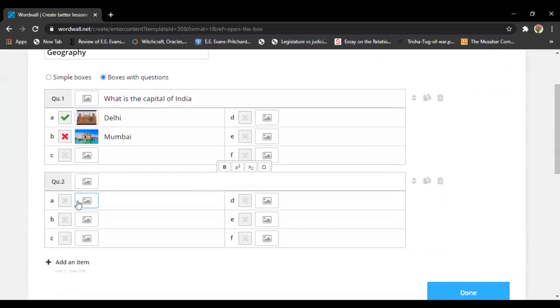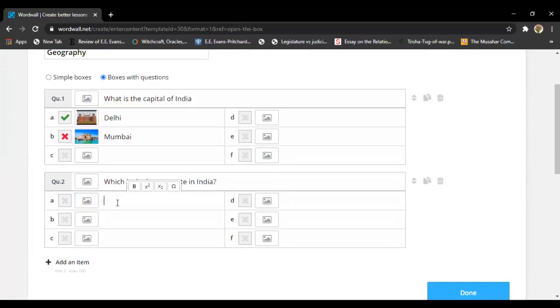Another question that I want to add is, which is the largest state in India? That is my question.